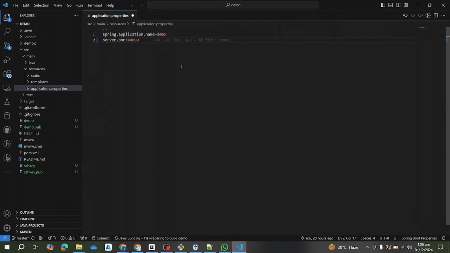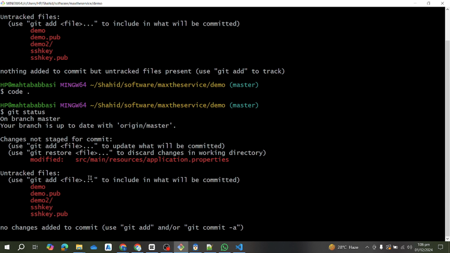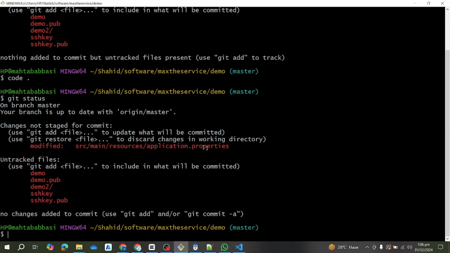It was 81 and now I have changed this one, and now git status will show me. Here you can see application.properties is modified. If I want to add this change, I will write git add and the file name, src main,